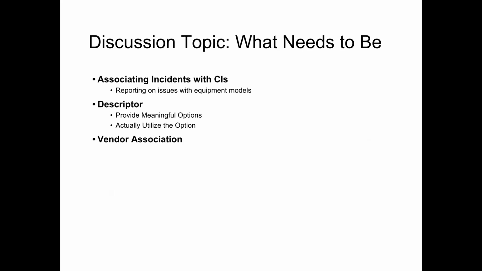So not only could I say that I have this problem with this CI, with this particular piece of equipment, but that it was a hardware issue, a peripheral issue, a software issue, a configuration, an install that maybe we needed to do. So we associate the CI, then we can start digging down into what exactly is that gigantic piece of the pie that we're seeing. We can find out more information that we need to know so that we can provide a better service as we move forward. So we want to provide meaningful options.